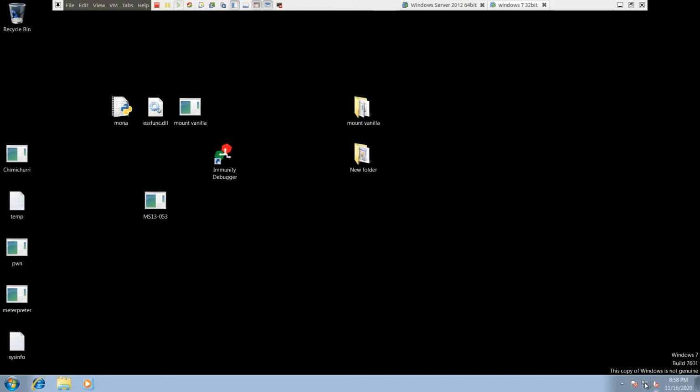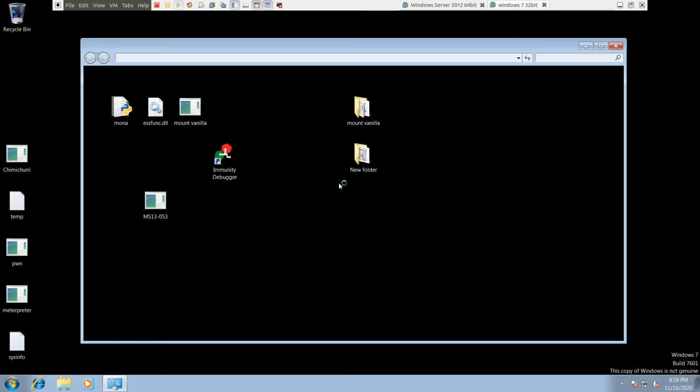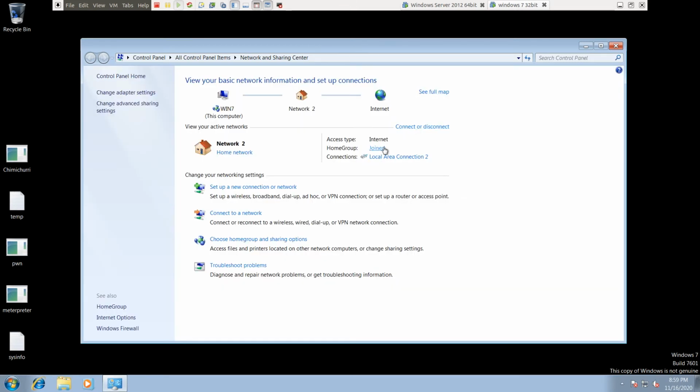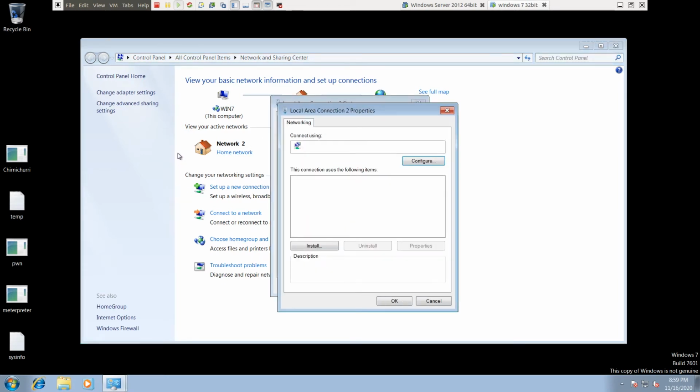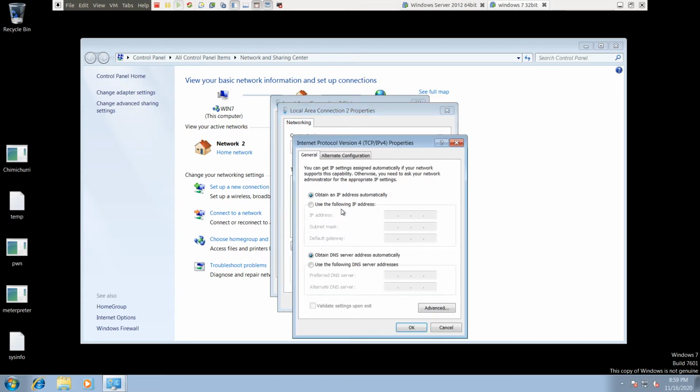So what you're going to do is click on this network, right click on this and click open Network and Sharing Center, and here you need to put the static IP and also set the DNS configuration, and click on connections and properties, click on IP version 4.